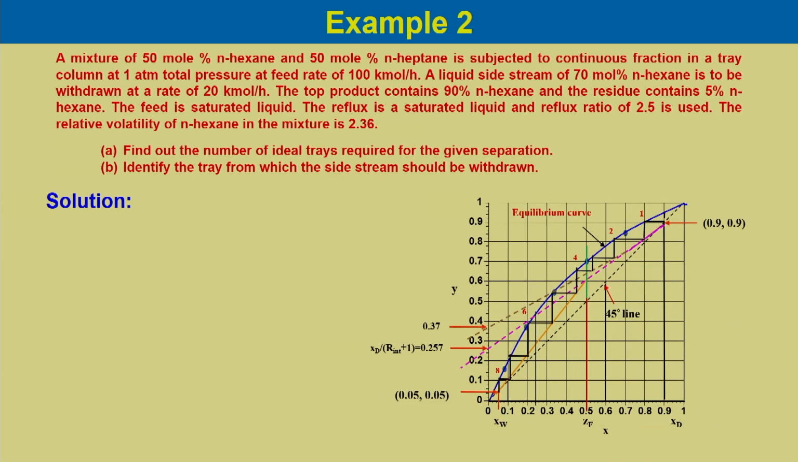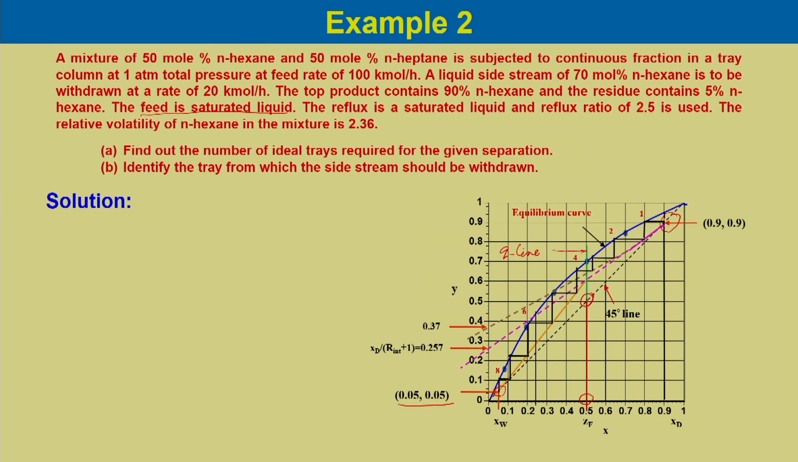So, we know the composition in the rectifying section is 0.9 xD, and we know 0.05 in the stripping section. So, these are the two end points, and then the feed is saturated liquid and feed condition is 50 mole percent n-hexane. So, this is 0.5. On the 45-degree diagonal this is the feed condition point, and we can draw the q line. So, this is the q line